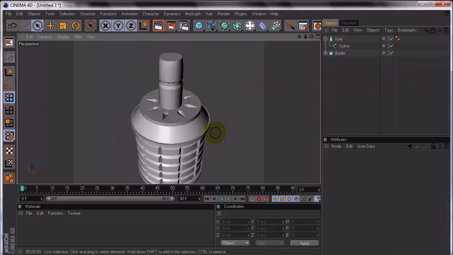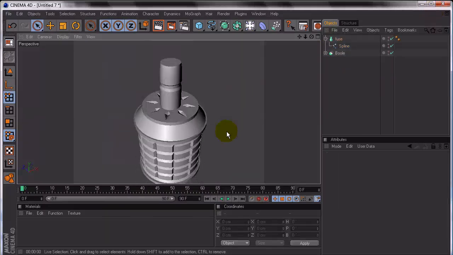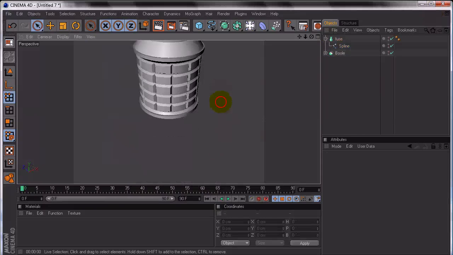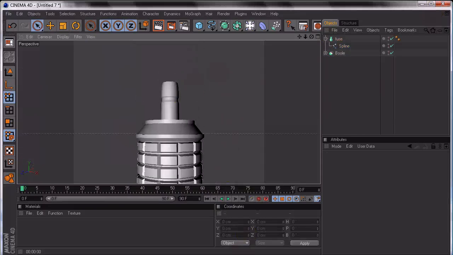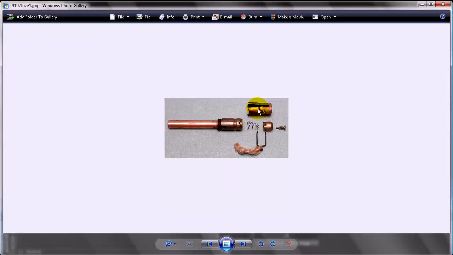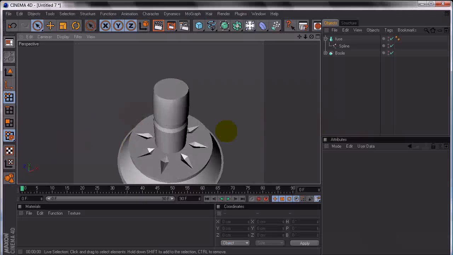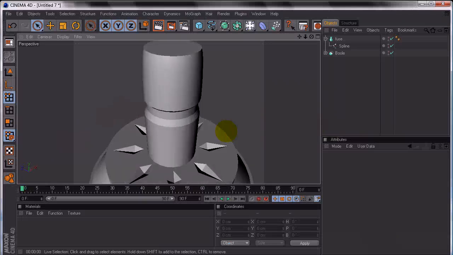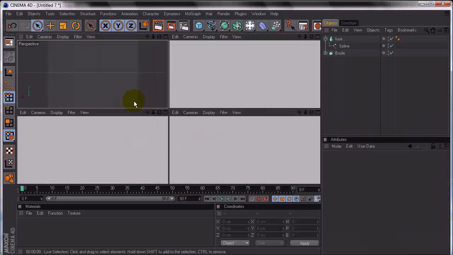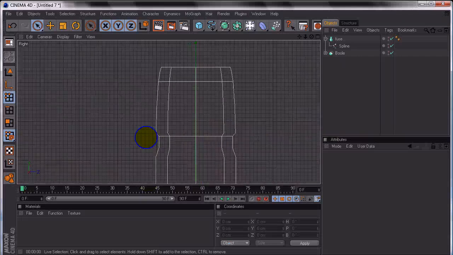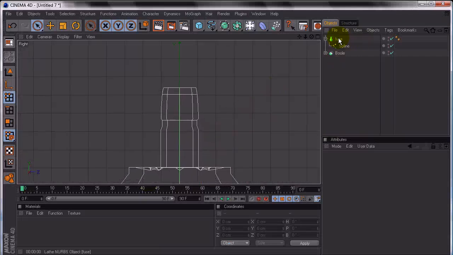We also need to create the fuse cap and the pin. So the fuse cap is actually pretty easy. All we have to do is switch to the right view, duplicate the fuse, just hold down Control and drag, name this fuse cap,